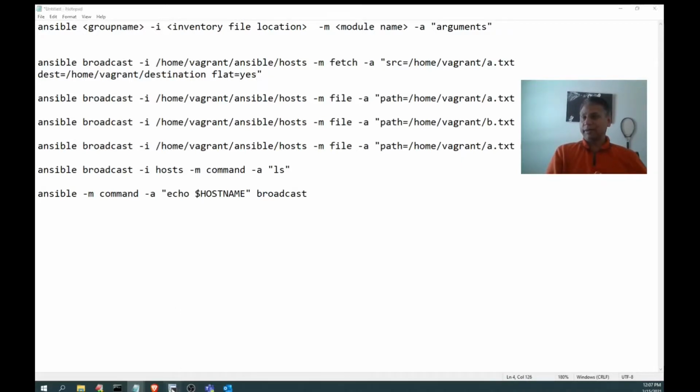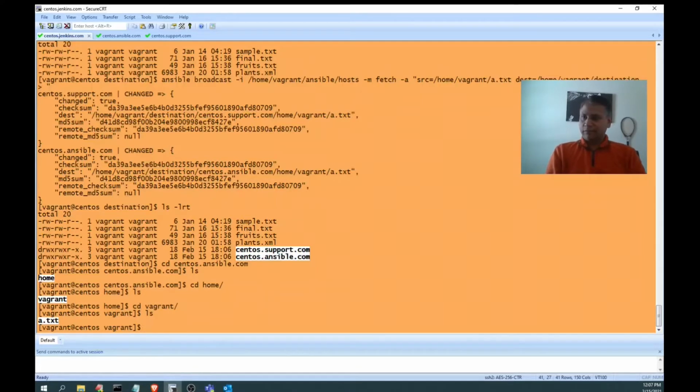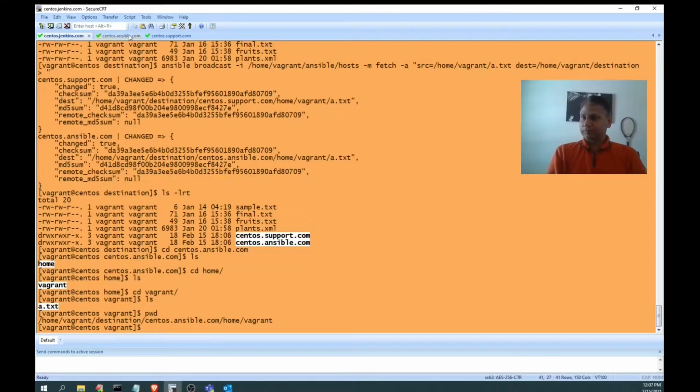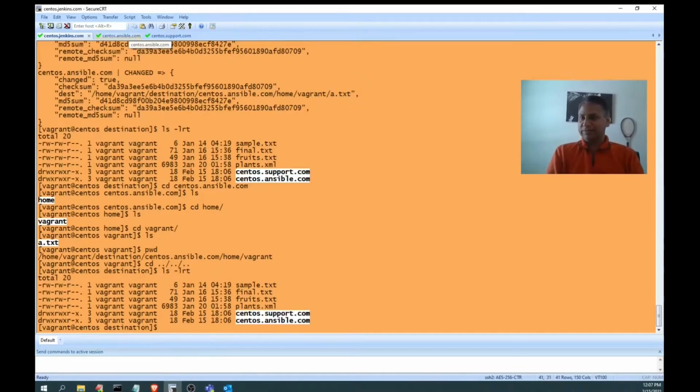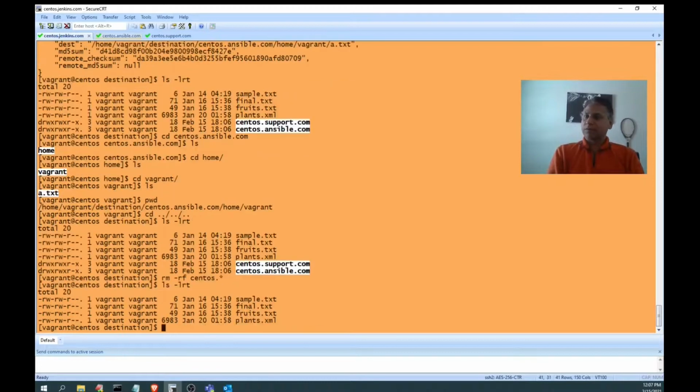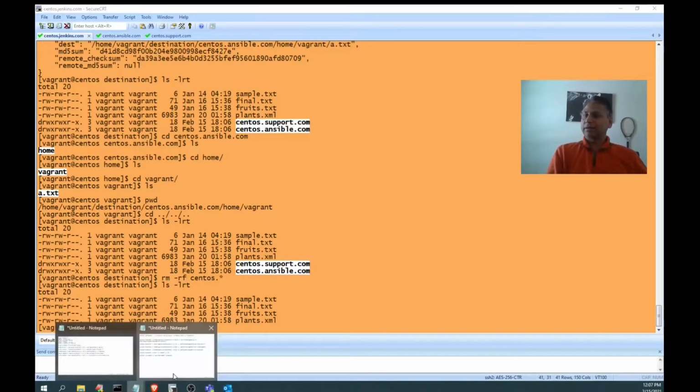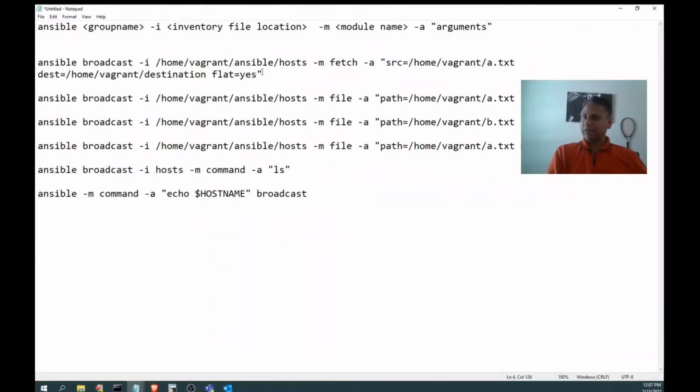Alright, I am going to run the same command only, but before that I will come back and remove, because all I need is files. I don't want that whole machine, path and all those things. Okay, it is not there. I am going to run the same command but with a small modification, flat equal to yes.